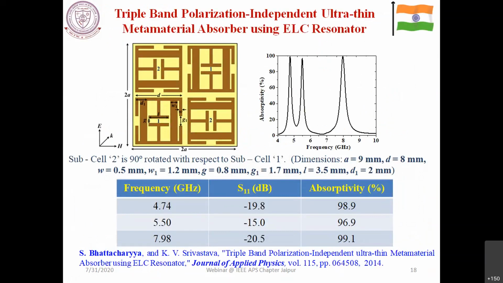Next question is, how does the thickness of metal in the patch and ground affect the absorption? In fact, I think I already answered it in the very first one. Basically, the metal thickness should be as low as possible, but it should be greater than the skin depth. Again, if the skin depth is delta, you take it 10 delta or 5 delta in your design, I think it will be fine.